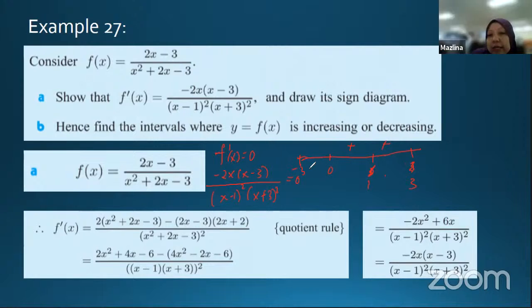Okay, between negative 3 and 0? Negative. Okay, and then 3 and above? Positive. 3 and above. Negative. Positive answer. Positif ke negatif? Positive. Kita tengok saya punya ni